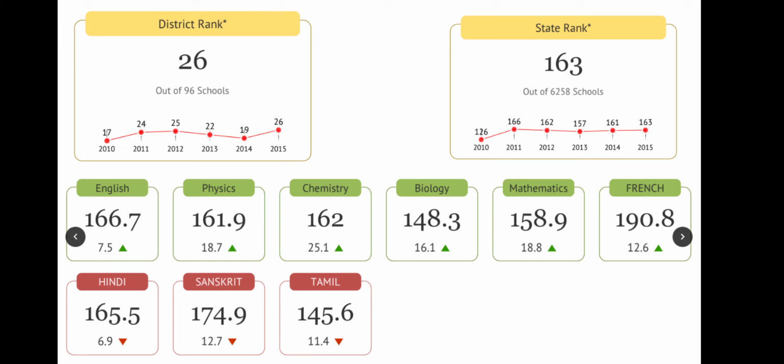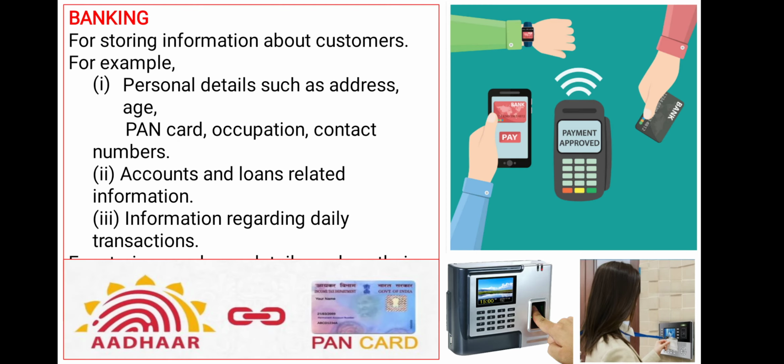And in a few subjects, as it is given in red, when compared to the previous year, there is a dip in the average marks. So that is given in red color. Those three subjects are given below. You can have a reference. This is only possible with the help of computer.